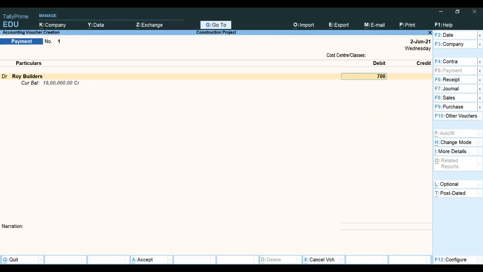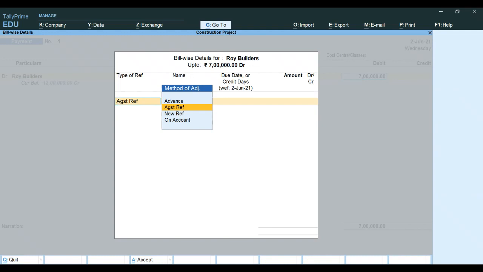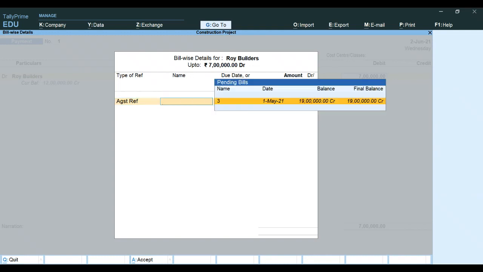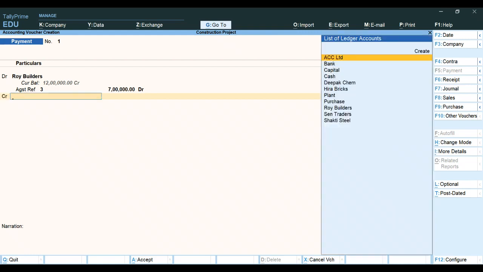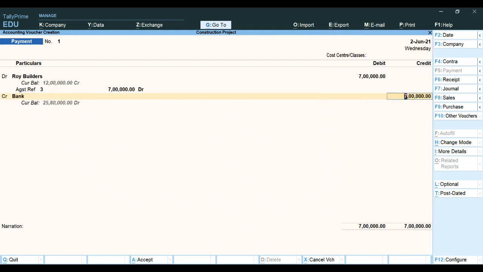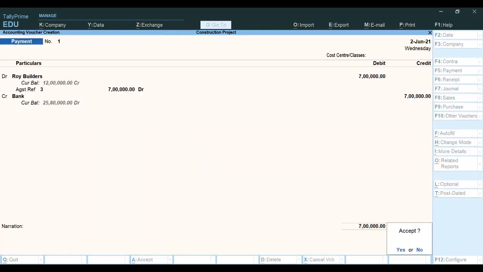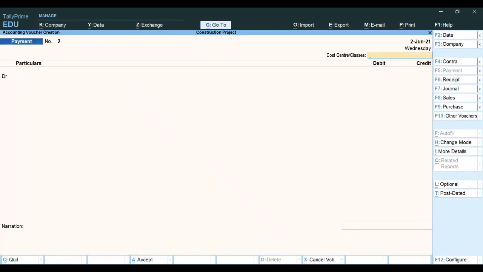7. Against reference, if you press against reference, Roy Builders dues are shown. That is one bill for 19 lakhs. So against that, 7 lakhs has been paid, and paid through bank. Okay, I just keep all those fields. So it's over. After Roy Builders payment, come to the next, 1, 2, 3, 4, 5, the fifth entry at last slide,